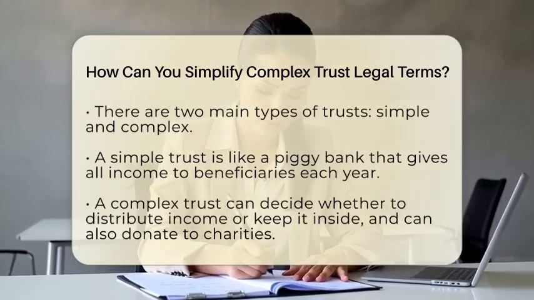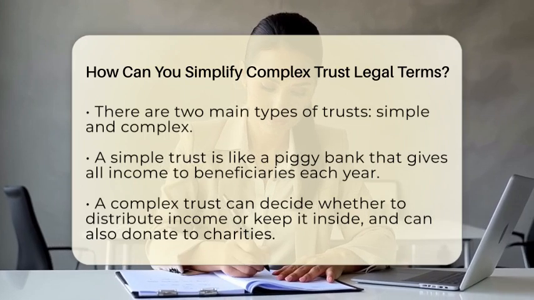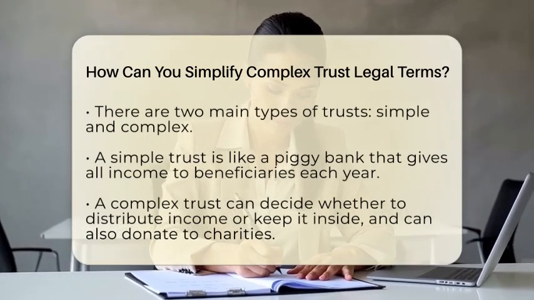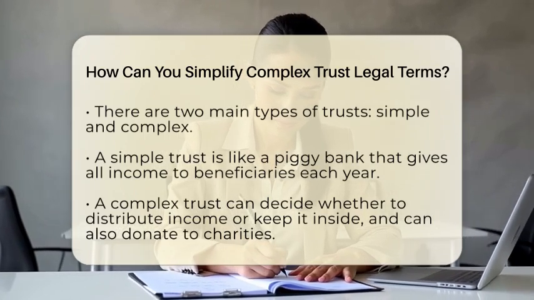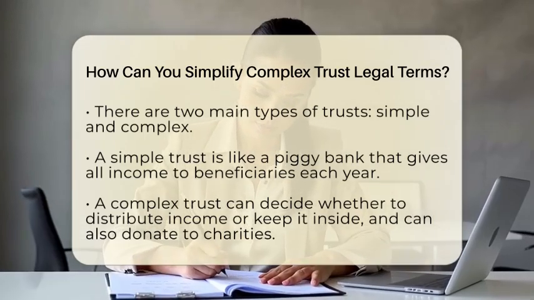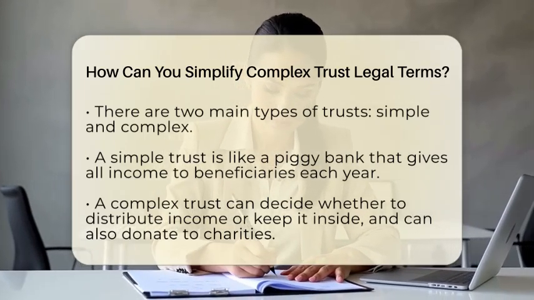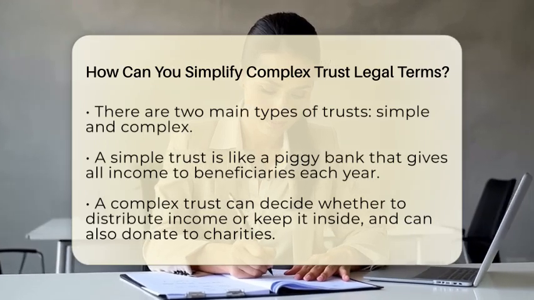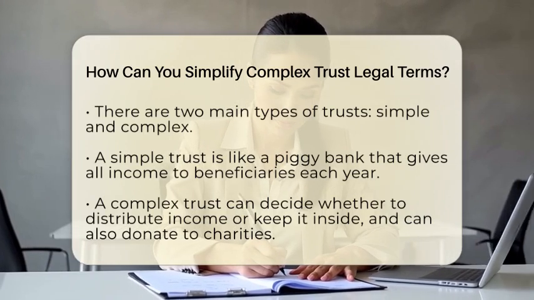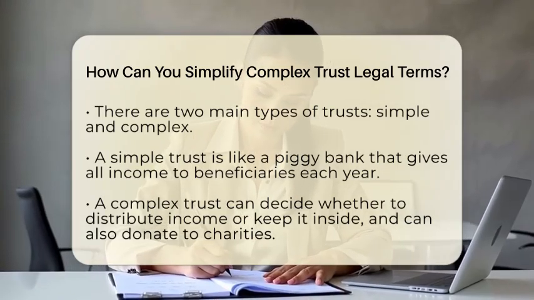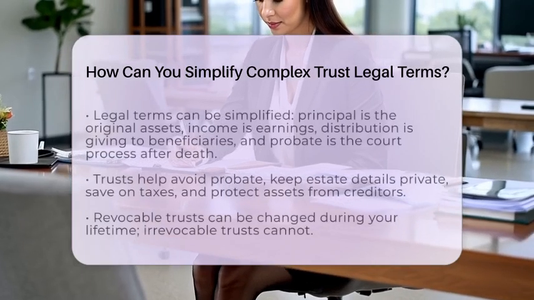Legal words can be tricky, but you can translate them into everyday language. For example, the principal is just the original assets you put into the trust. Income is the money earned from those assets, like interest or dividends. Distribution is the act of giving money or property to the beneficiaries. Probate is the court process to make sure your will is valid and your assets are distributed correctly after you